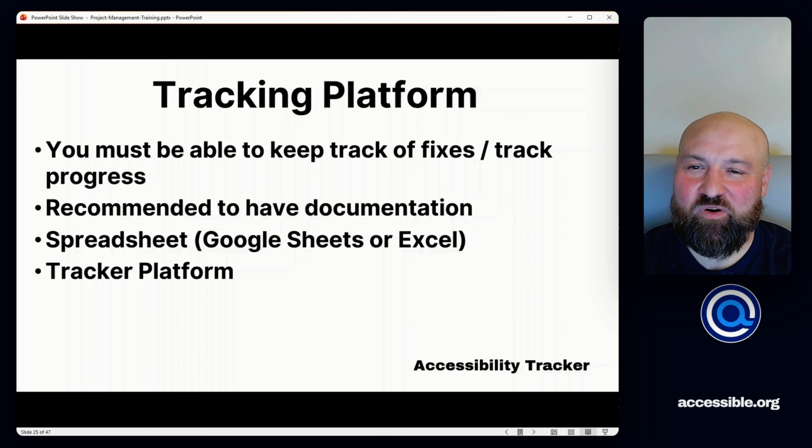Let's now go over tracking your accessibility project. You'll need to use a tracking platform of some kind because you need to be able to keep track of issues, keep track of your progress, and then ultimately where you end up. Also, this goes right along with having documentation. You want to have documentation because you want to have evidence of your investment in accessibility and the accessibility of